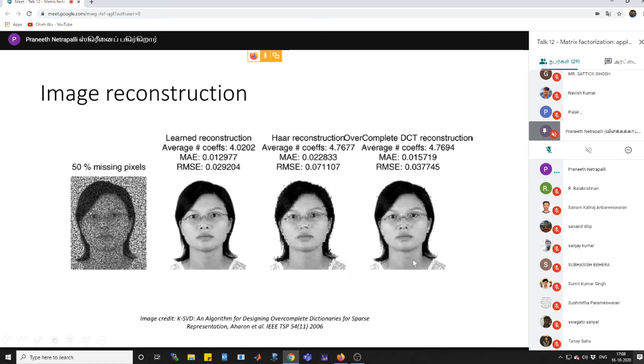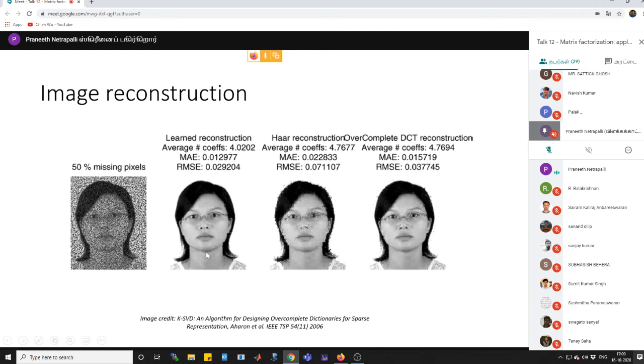This is the kind of image you get. Okay, and DCT is the basis of the JPEG format. So JPEG basically, given any image, takes a discrete cosine transform, keeps only the low frequency components, so it compresses the image and throws away the higher components, right? This still is not very great because you can see some artifacts here, and this is a similar approach where the reconstruction is done using Haar wavelets, and even here you can again see some patches, right?